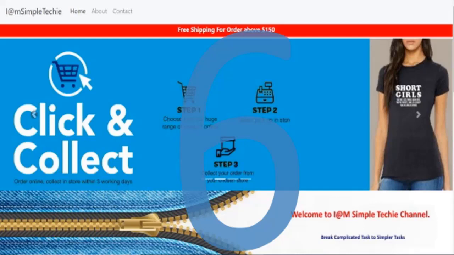This is part 6 of the video series Create a Dynamic Homepage for an eShop in ASP.NET Core. In this video, we will learn how to save our index page to the database. I will show you how to maintain multiple versions of the index page in the database, and then we can load the selected index page version.